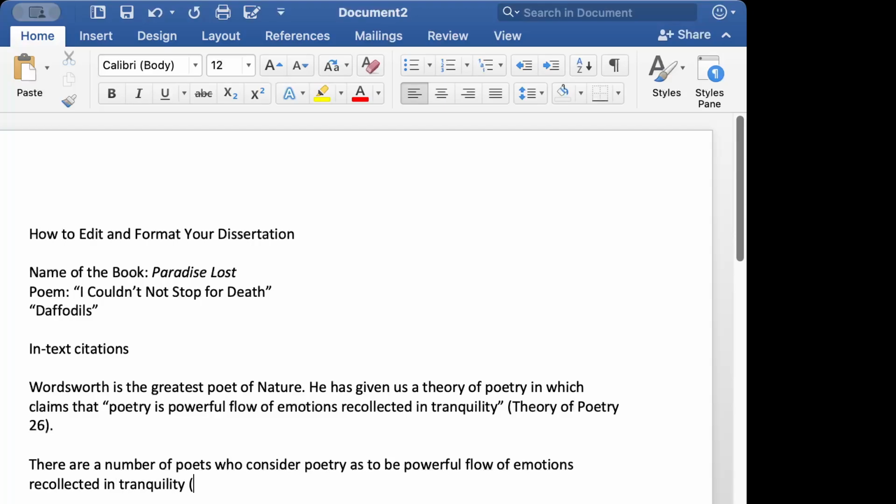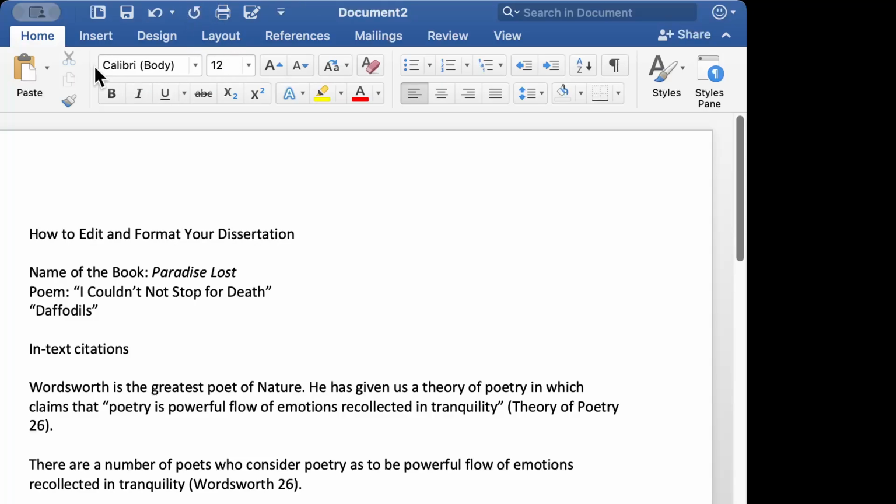So now you know that this specific word is said by Wordsworth, so you will be writing his name as well because you have not mentioned it in the line exactly.